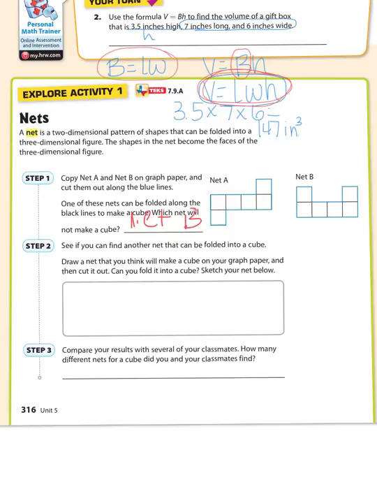Step 2 says see if you can find another net that can be folded into a cube. Well, at this point you're going to get out some scissors and that worksheet and actually cut those out, and that's going to give you several different ways that a net is drawn. Of course it has 6 squares on it because a cube is a 6-sided figure. So there are lots of different ways those are arranged, and some of them will work and some of them will not. Okay, so we're not really going to fill in the rest of steps 2 and 3,